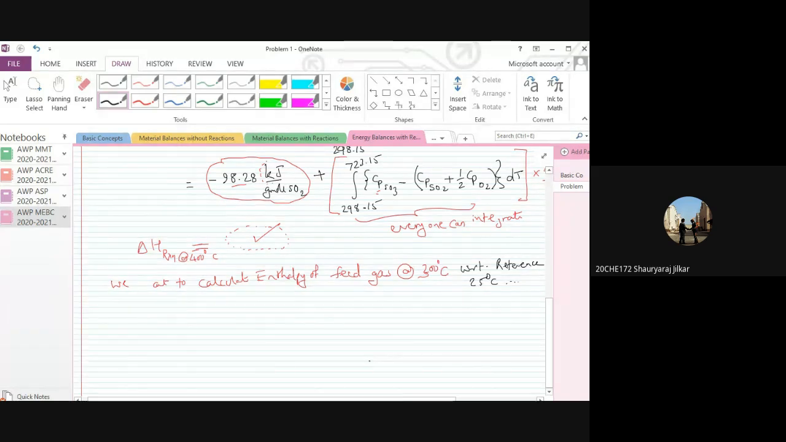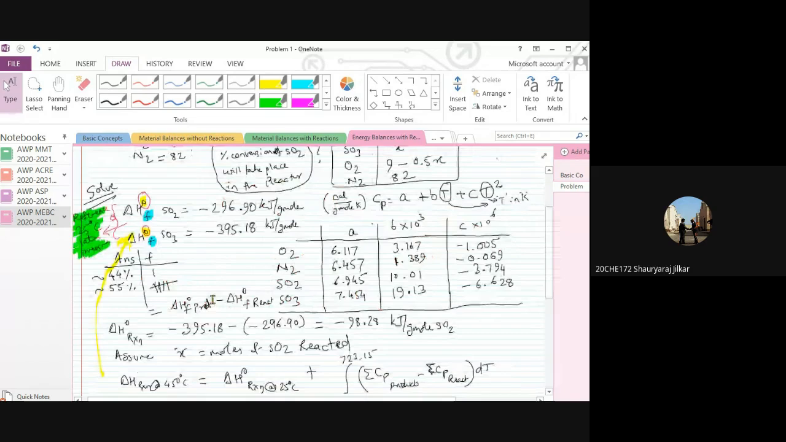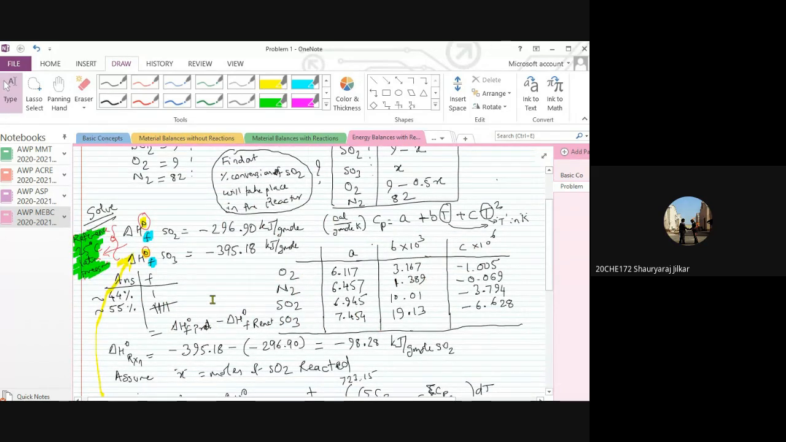Sir, I just have a question here. Yes, sure. So basically, we said that we have already set a reference at 25 degrees centigrade. That's why we can't set a new reference of 300 here, right? Right. So basically, what I'm just trying to say is, in this part of the problem, only the one we